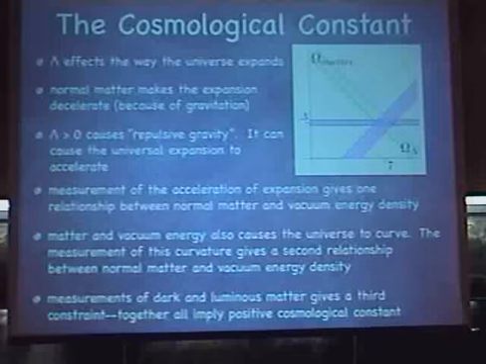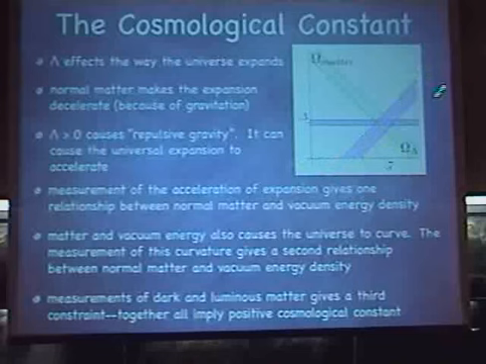And this basically means that there has to be some positive cosmological constant, because that's the only thing that can repulse it, at those distance scales. You need something that creates repulsive gravity, and a positive cosmological constant is really the only thing that can do it. Now, if you look at this band